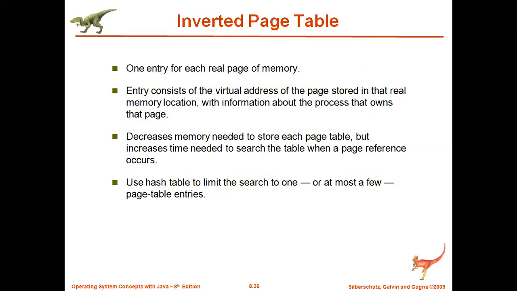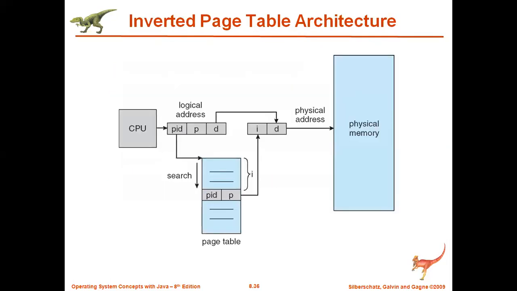Then one more we have is the inverted page table. In the case of the inverted page table, as we already discussed, each process has its own page table. Assume that 100 processes are there, then definitely 100 page tables will be there. We already know that it is going to be a big burden for the operating system to maintain. So one technique has addressed this issue also. In fact, it is not so efficient, but still it addressed this issue.